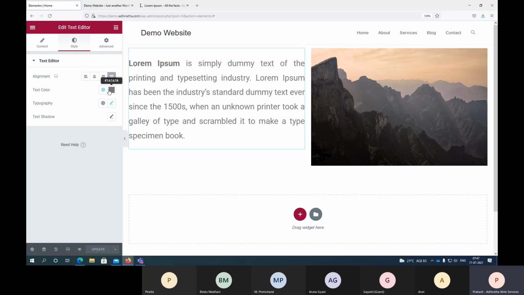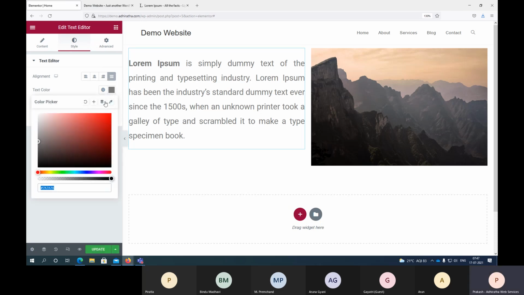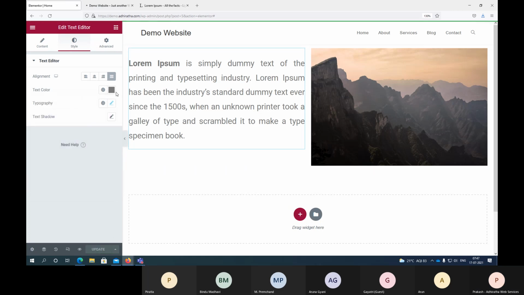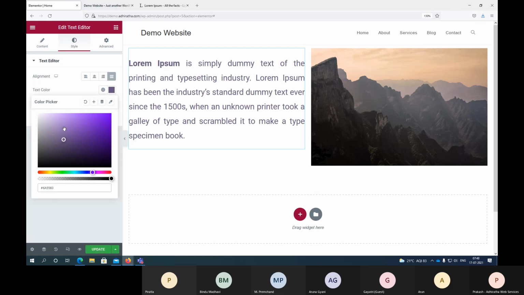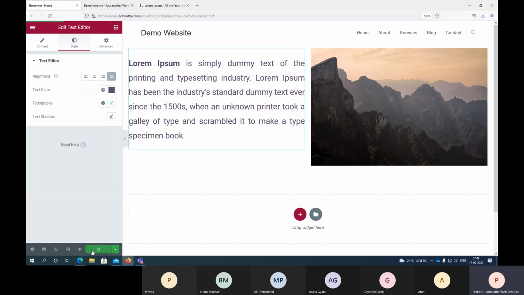Then you have a lot of other things here. You can actually change your text color, say like this, or you can go and pick something you like. Whichever color you want, but try to use only 2 or 3 colors, guys. Don't select multiple colors. Depending on your theme, what you selected, you can pick something, but don't select too many colors in the same website. It should show 2 or 3, max, something like that.